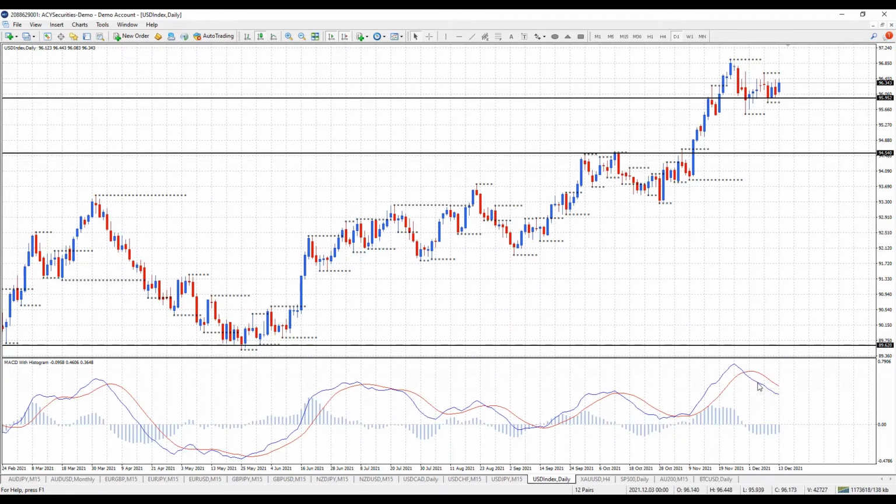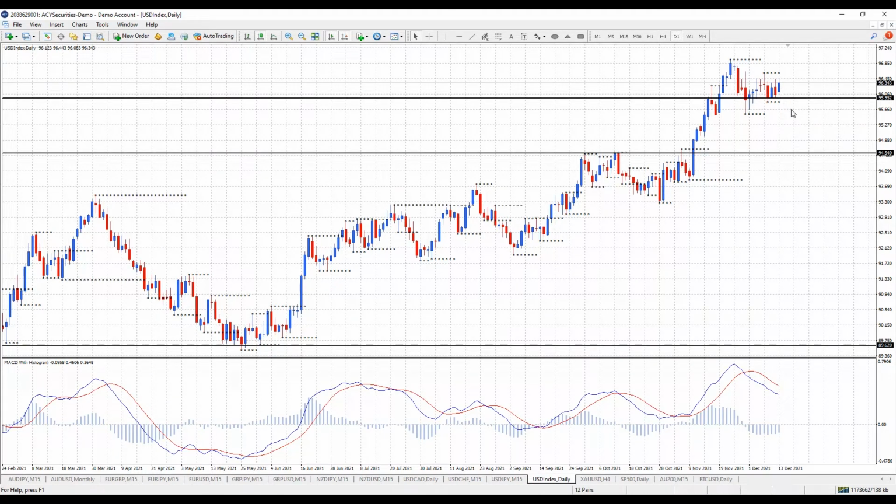Yes, MACD's crossed down, but that's just reacting to the pullback here, that one week down. But what I can see here is we're starting to make a higher bottom, sitting on monthly support 95.95. So if we break above this high here, that's just confirming that US dollar strength is coming back into the market, and pairs to the US dollar will be moving downwards. So I am going to be reviewing the Aussie to the US in a moment. If that moves above, the Aussie US will move down, and vice versa.